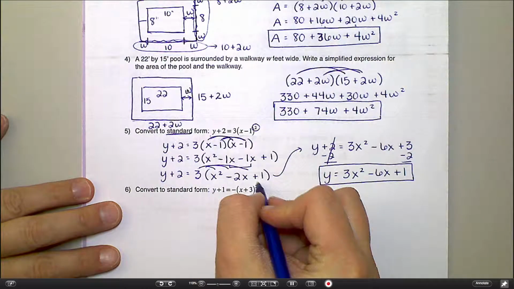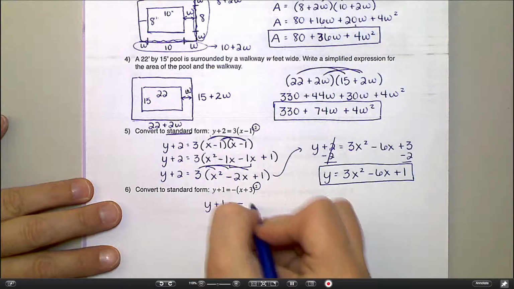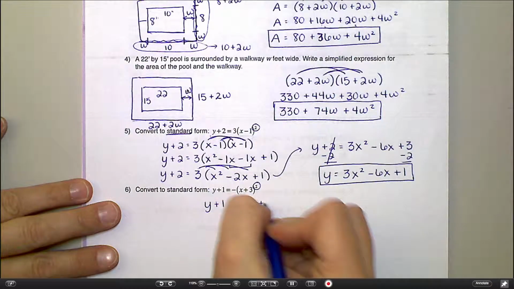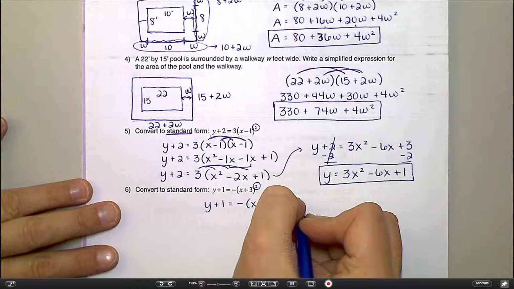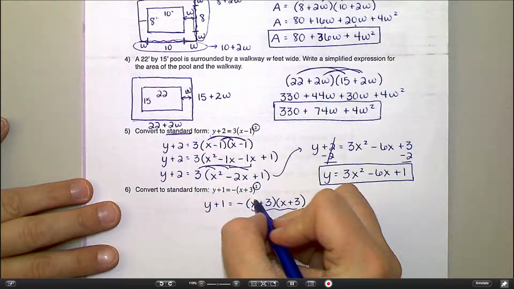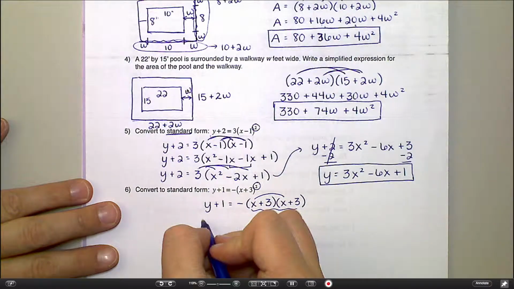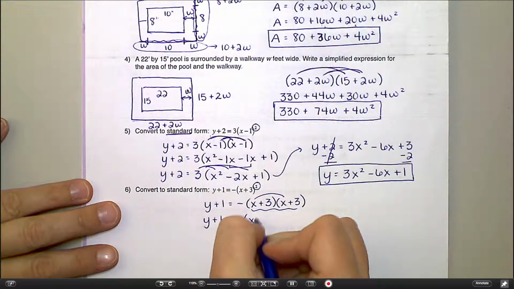I'm going to start by squaring. So y plus 1 equals negative x plus 3. Again, I'm not distributing that negative yet. FOIL first, or square first. I'm going to multiply these together. So x times x, whoops, write that down here. Getting ahead of myself. X squared,